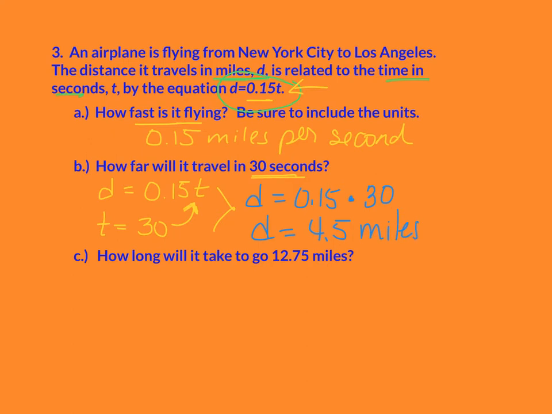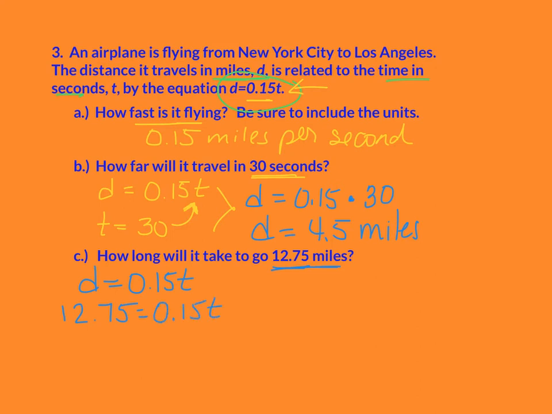Next one, how long will it take to go 12.75 miles? Again, I'm going to be substituting right into that equation that they gave me. So I'm going to rewrite my equation, d equals 0.15t. And it's asking me how long is it going to take to go 12.75 miles. Is miles distance or is it time? Of course it's distance. So my equation is 12.75 equals